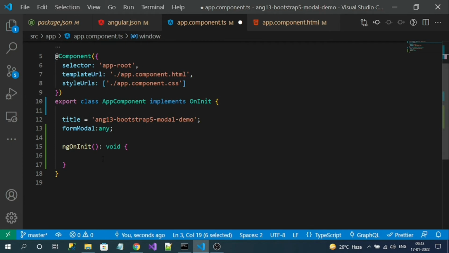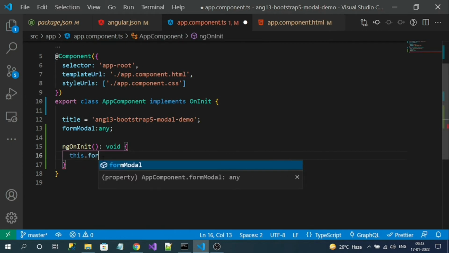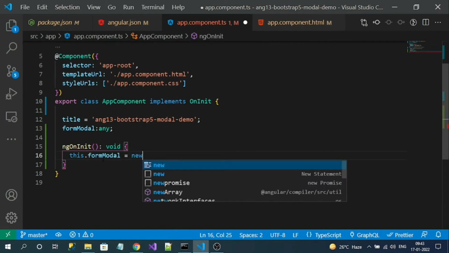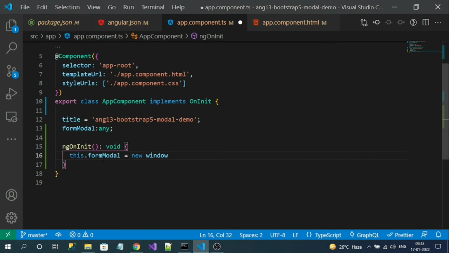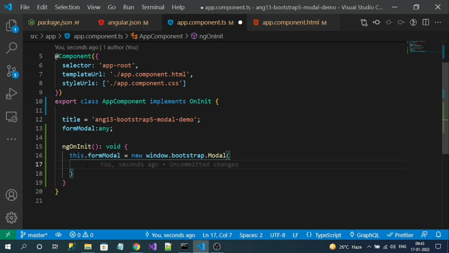Now this variable will contain all our window instance. Okay, now what I can do, this.formModal equal to new window.bootstrap.Modal. I'm using the modal instance. So to this modal instance, I need to pass the element, nothing but the ID of the Bootstrap modal.